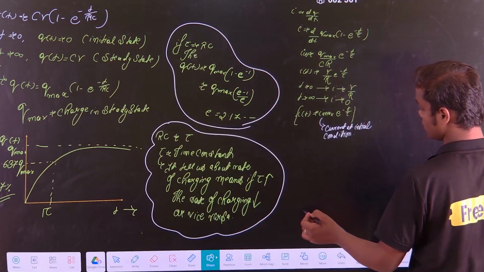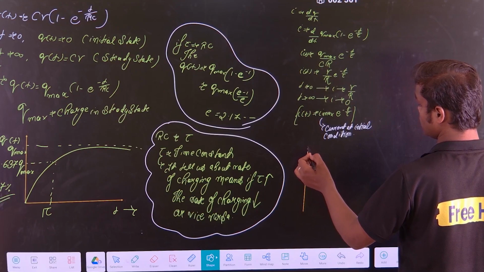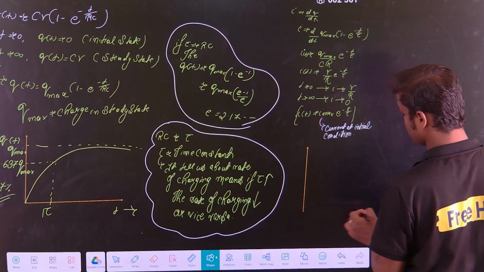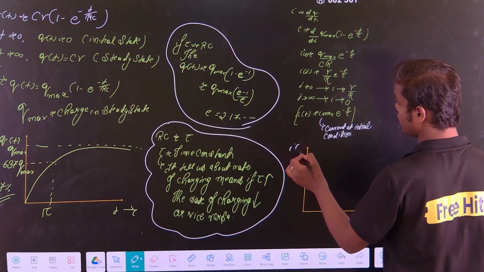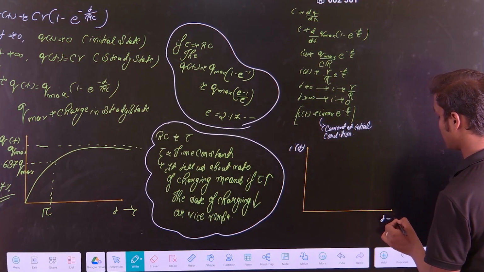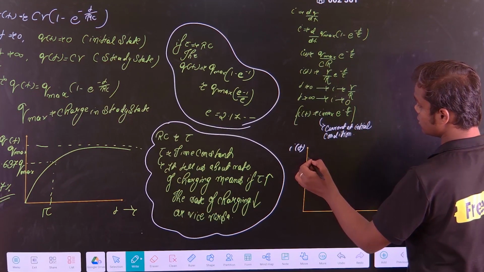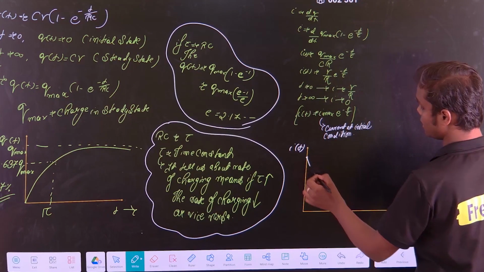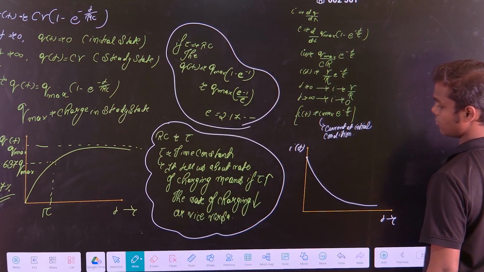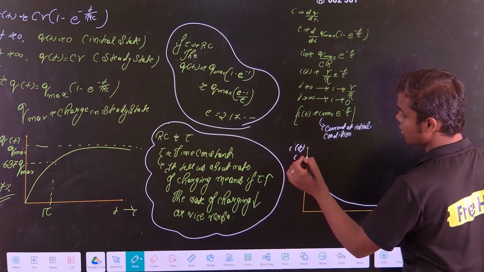What do we have to do basically, sir? Initially it was for charge, now it is for current. Clear? So this will become I of t against t time. At t equal to 0 we have the maximum current, and now it is becoming 0 at infinity. So this is I max,